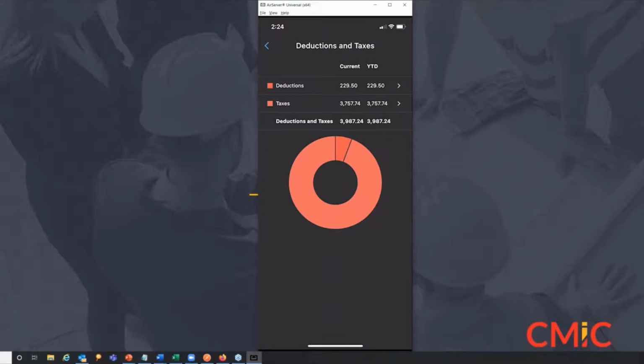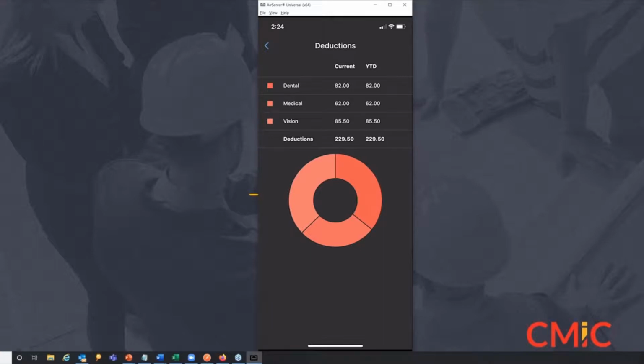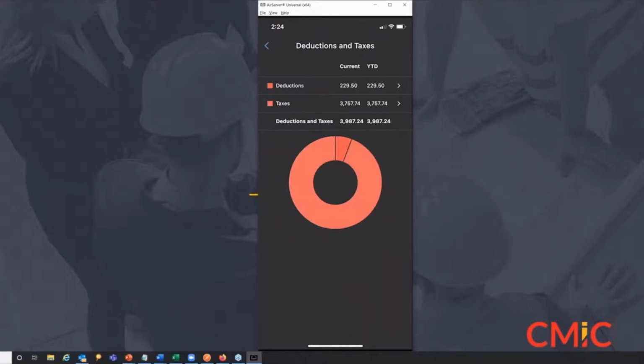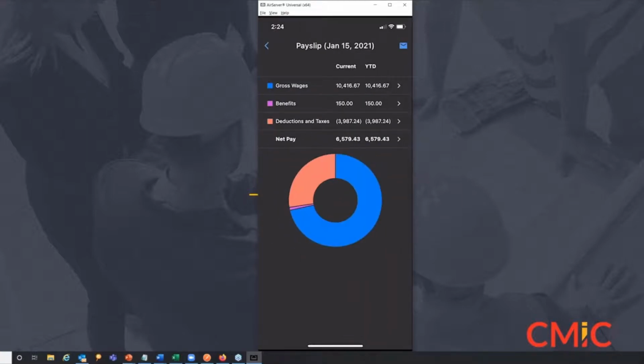If I want to further drill down the deduction, I can see what deductions are coming out from my payroll. As you can see, dental, medical, and vision. So this is the level of information available for your employee, where they can see all their pay stub